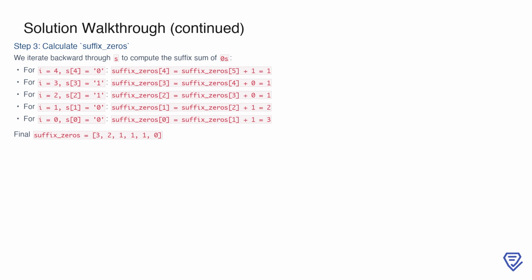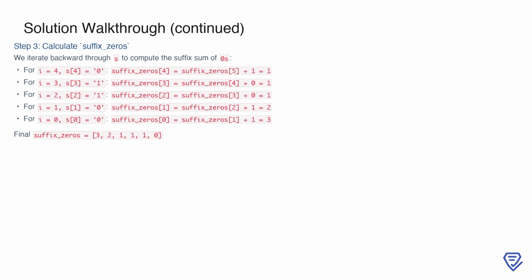If it is, we add 1 to the value at the next position in the array, otherwise, we simply carry forward the next value. This allows us to build the count of zeros from the right-hand side of the string back to each position. After completing this backward iteration, the final suffix_0's array becomes 3, 2, 1, 1, 1, 0. Together, the prefix_1's and suffix_0's arrays provide the cumulative counts we need to evaluate the optimal point